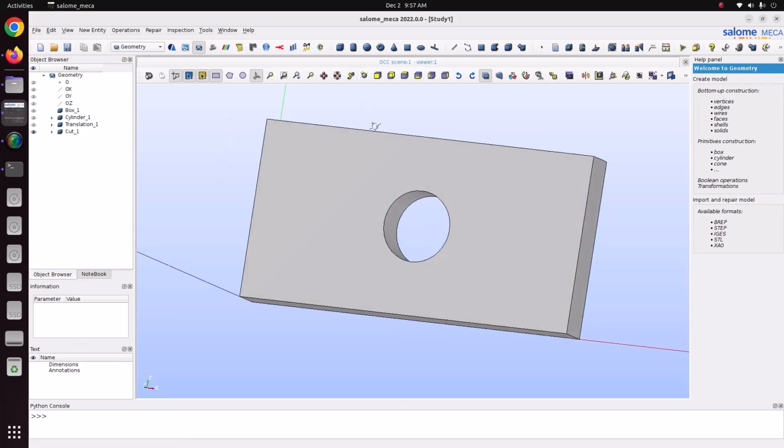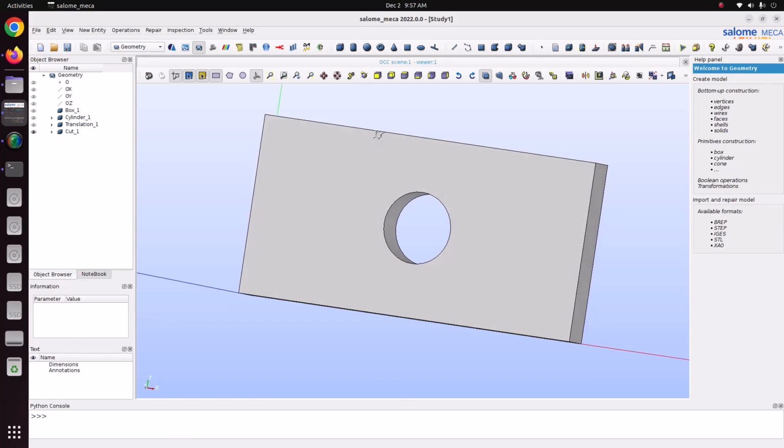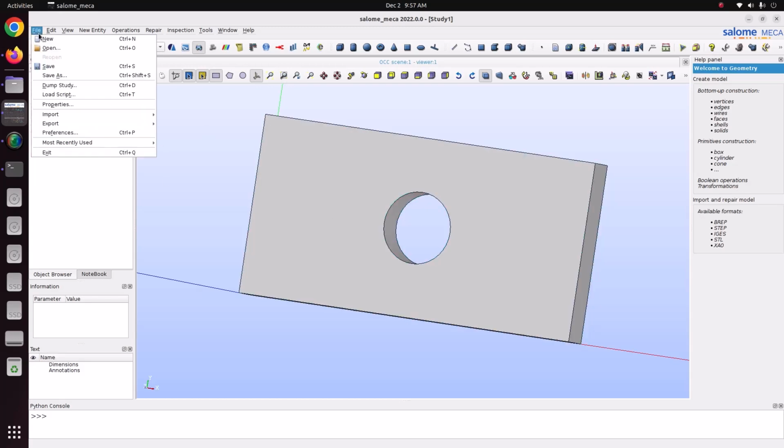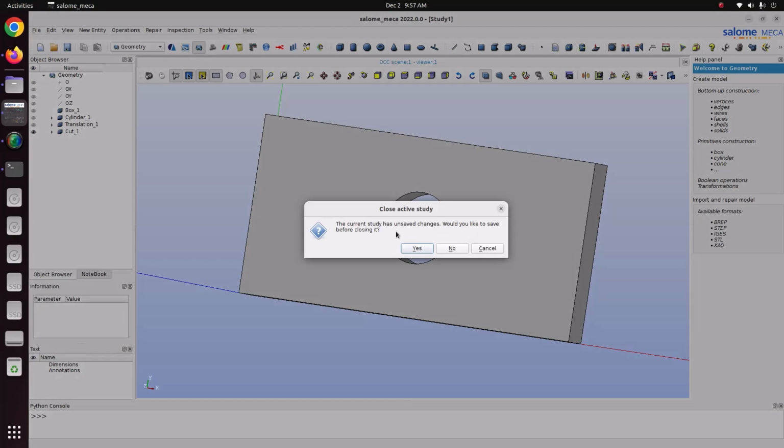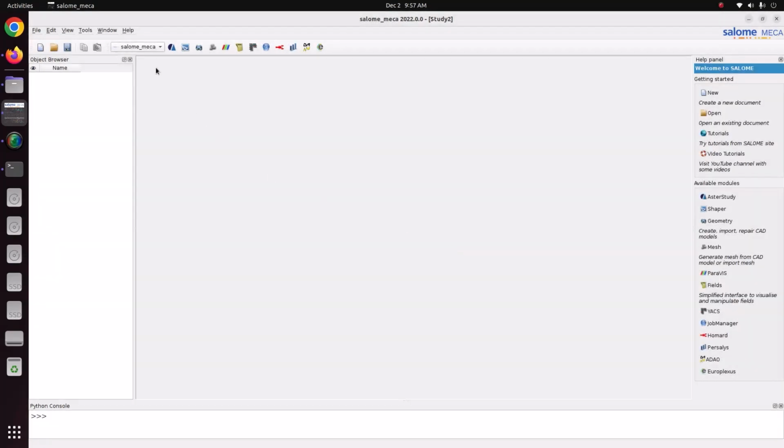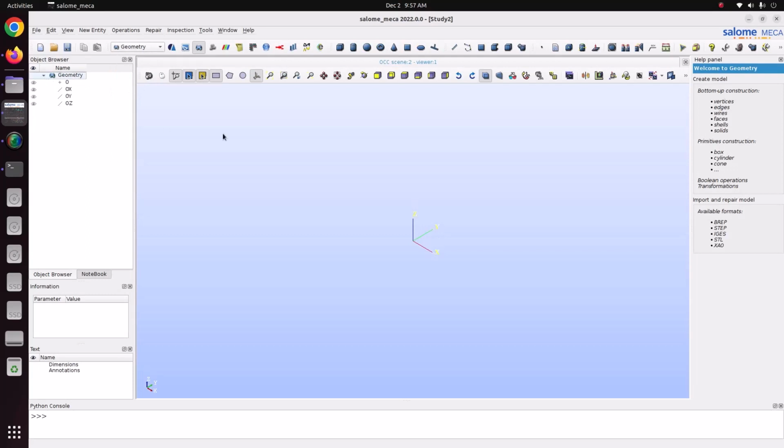In this tutorial, we are going to learn how to create this plate with hole geometry using Boolean operation. Let's get started. So, first I'm just going to geometry model. First I would create a plate